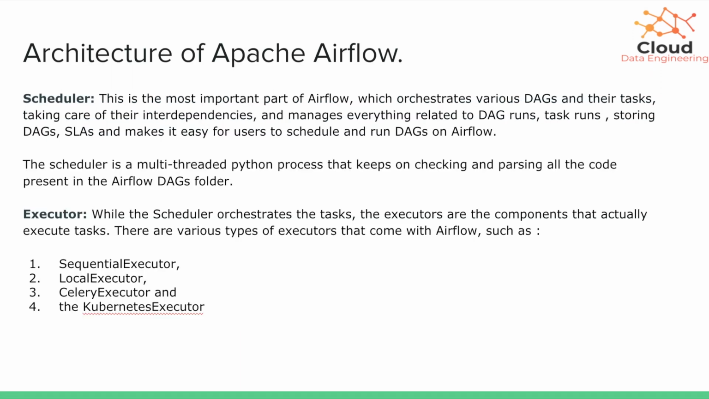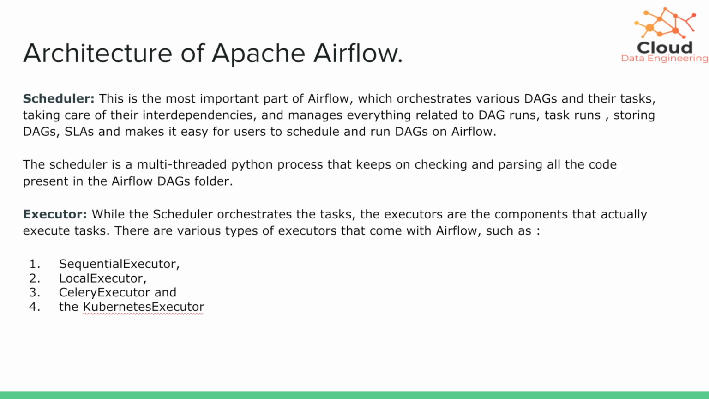Okay, let's come to the second architectural component of Airflow, which is the scheduler. This is the most important part of Airflow, which orchestrates various DAGs and their tasks, taking care of their interdependencies, and it manages everything related to DAG runs or task runs, or storing the DAGs and setting up the SLAs, and it makes it easy for users to schedule and run DAGs on Airflow. This scheduler is a multi-threaded Python process that keeps on checking and parsing all the code present in the Airflow DAGs